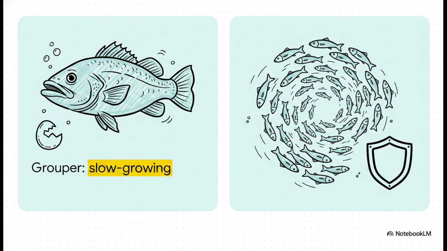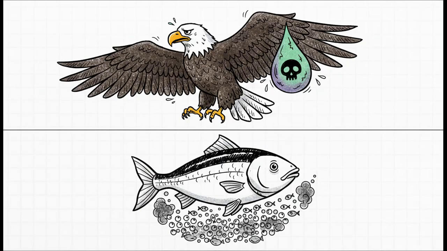If you're dealing with a large grouper, which is a K-selected species that grows slowly and relies on high adult survival, removing even a tiny fraction of those adults can exceed their replacement rate and completely collapse the stock. But if you're managing herring, that's an R-selected species. They grow fast, they release millions of eggs. That population can sustain a much, much higher harvest rate, just as long as enough adults survive to spawn. Let's move on and see how this builds when we factor in environmental impacts.